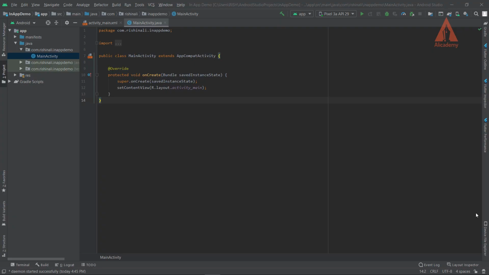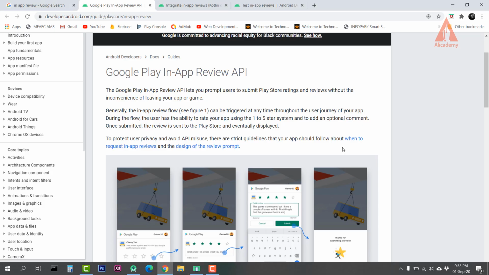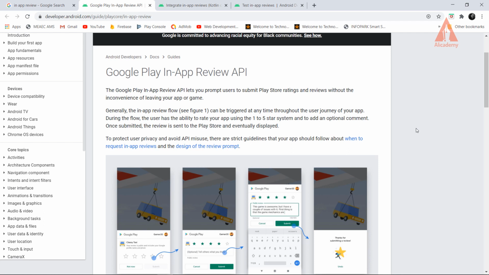Hi, in this video we are going to discuss a new feature that is introduced in Android, that is the in-app review API. Okay, now let me go to the documentation first. I'll show you the documentation. Here you can see